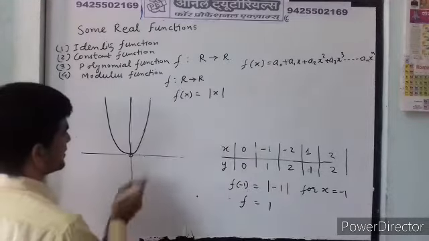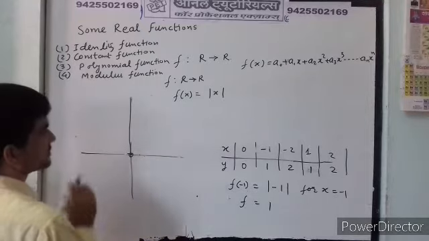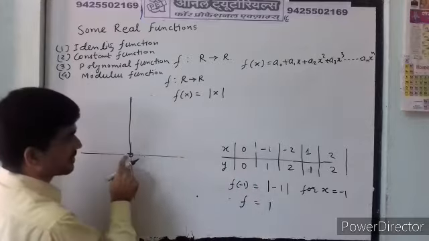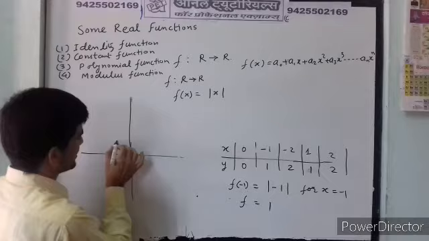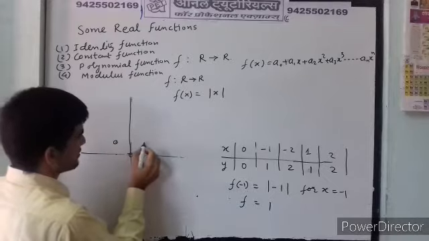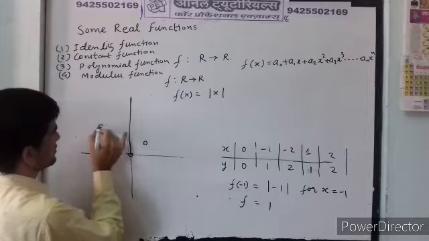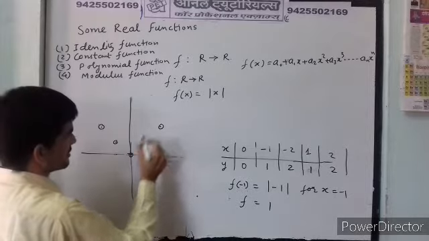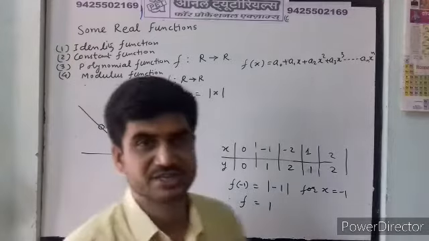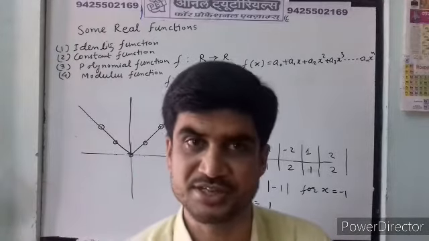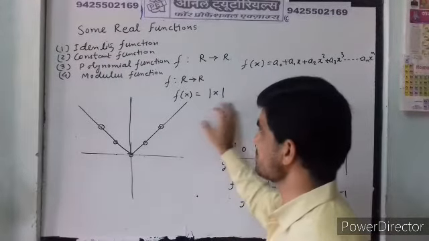The graph. Okay. When you draw the graph, what shall you get? See, we have x equal to 0, x equal to minus 1. We get y equal to 1. X equal to 1, y equal to plus 1. X equal to minus 2, y equal to 2. Like this. So you get a straight line like this. Two straight lines meeting at the origin. Okay. So you won't get any curve on negative y because y is always positive.